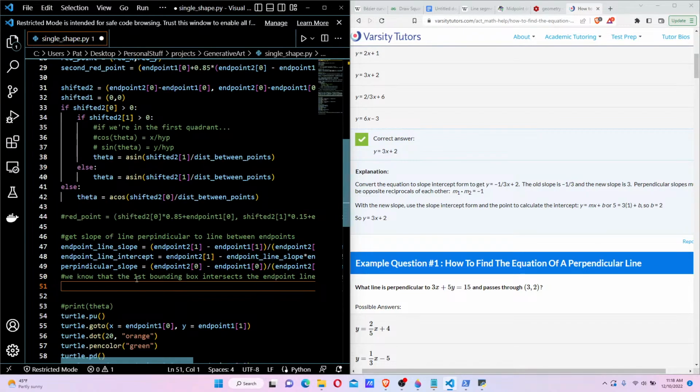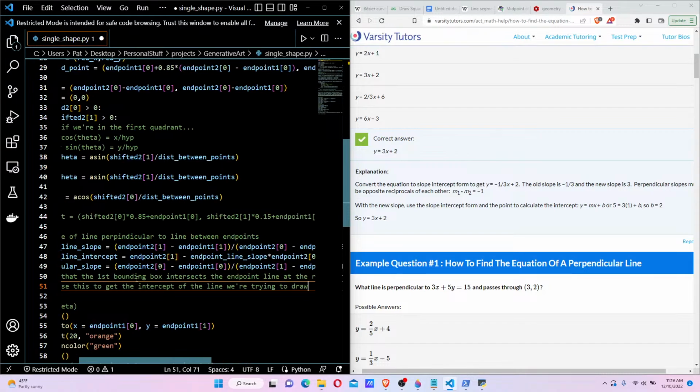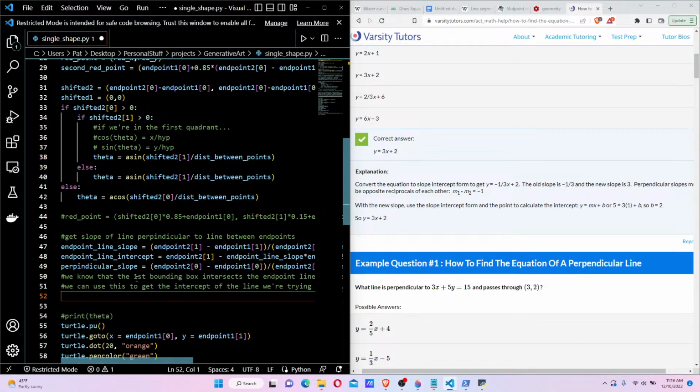So we can use this to get the intercept of the line we're trying to draw. Okay, so